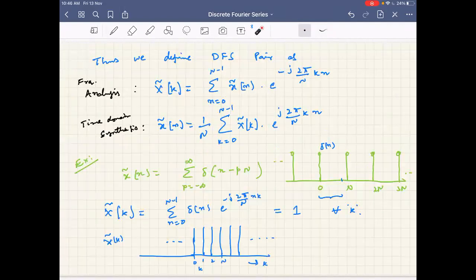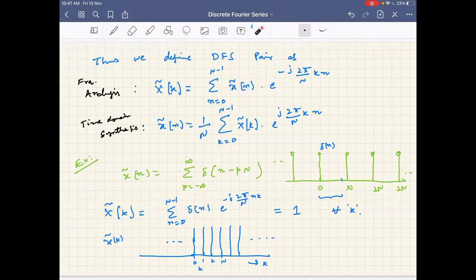Okay, so which answer are you getting? This question only, right? Delta of n minus p. Sir, here will there be any impulse train for k less than 0? Here you indicated 3 dots. Yes, of course, it's there. It goes from minus infinity to infinity, right? Because anyway we can't show all those things, so we show only one period.